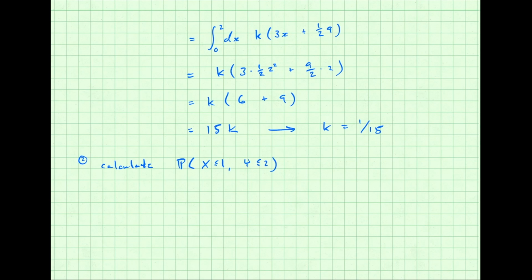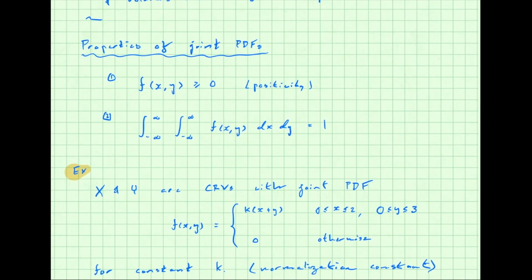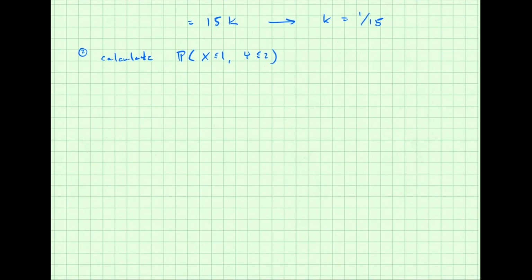So x smaller than 1, is that all the places that x can be? I've forgotten. No, x can be up to 2 and y can be up to 3. So this is some limited region within the values that x and y can take on and get non-zero probabilities. All right, and so let's just work this out. So the probability,